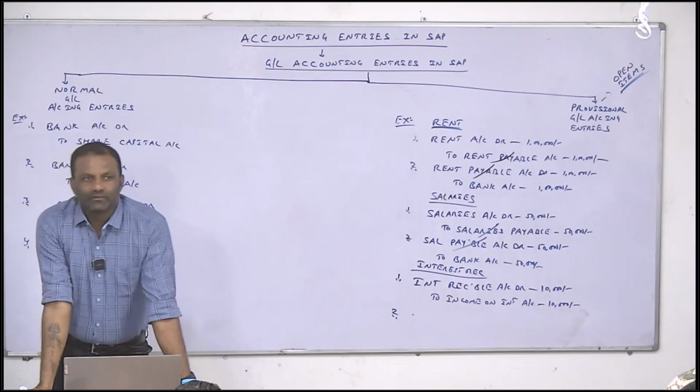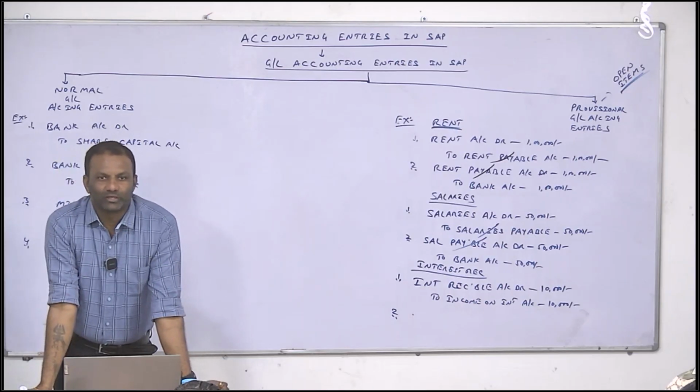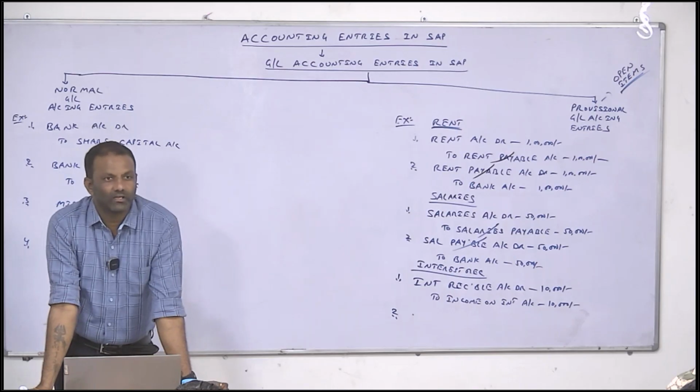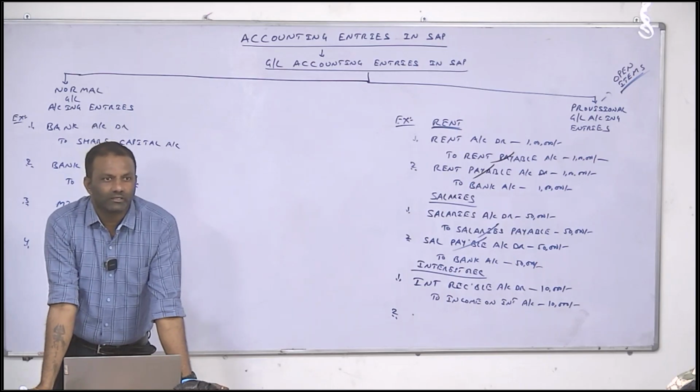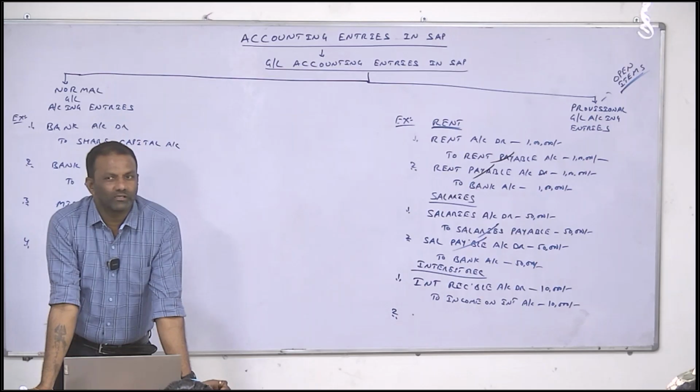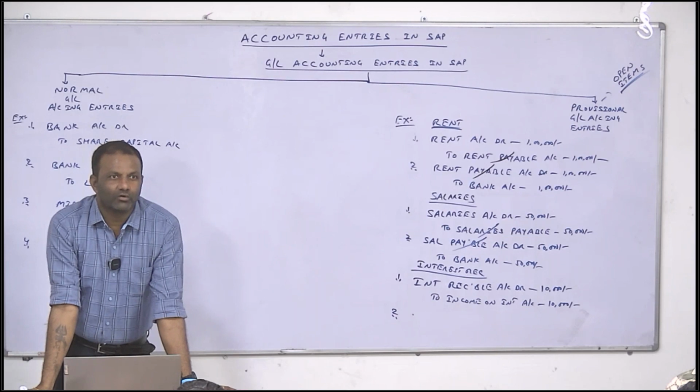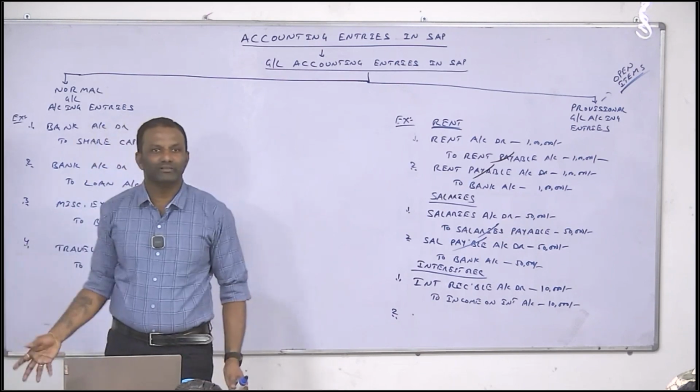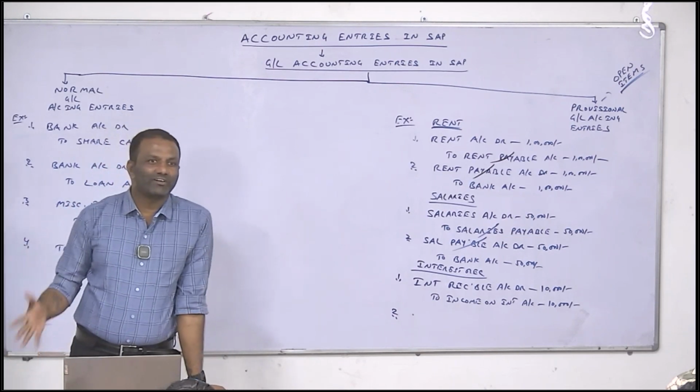Again, one more suggestion from my side. In your interviews, whenever the interviewer asks any question, give 10 to 20 or 30 seconds time to your brain. Don't be in a hurry. If you don't give the answer within 5 to 10 seconds, the interviewer will not stand up and beat you, right or wrong? Or he will not call your father.